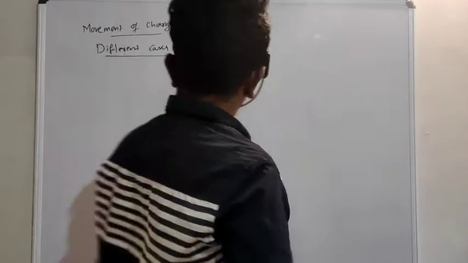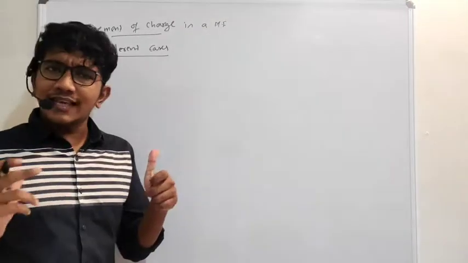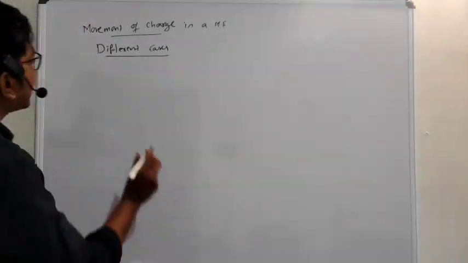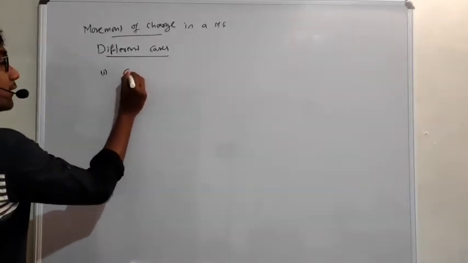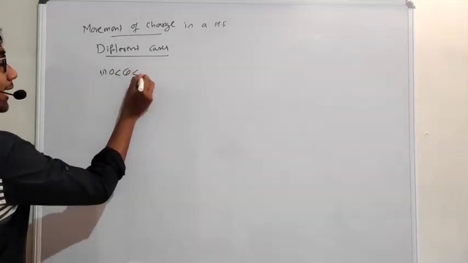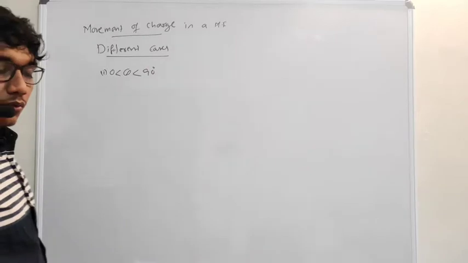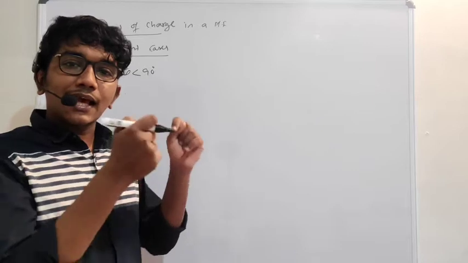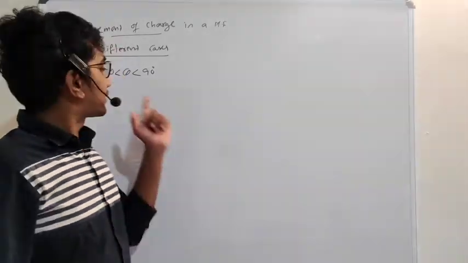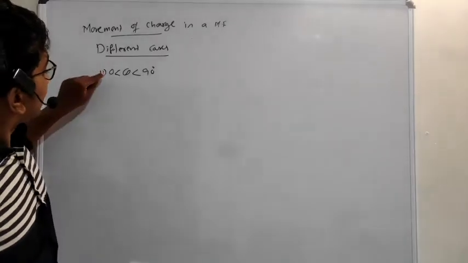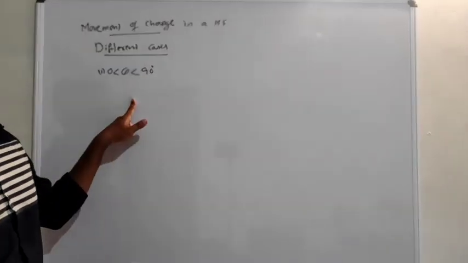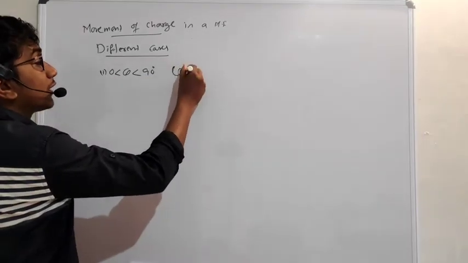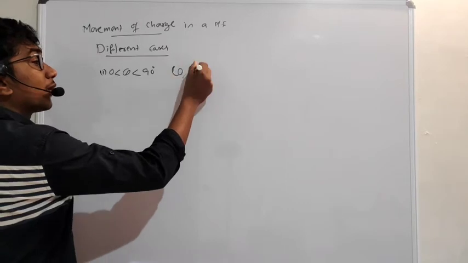First one. How do we make different cases? How do we differentiate them? What is the criterion? The criterion is very simple. First one, if theta is between 0 and 90 degrees. What is theta? The angle between the velocity vector and the magnetic field vector. So if theta is in the open interval 0 to 90 degrees.